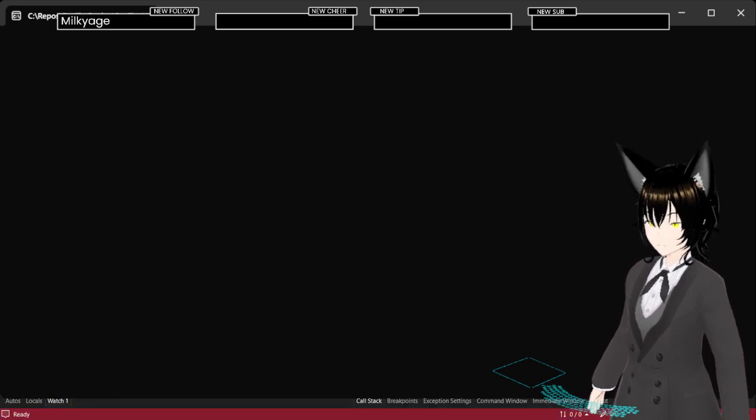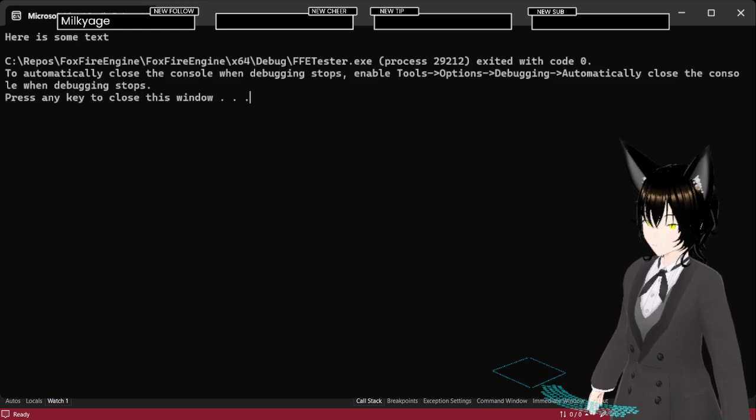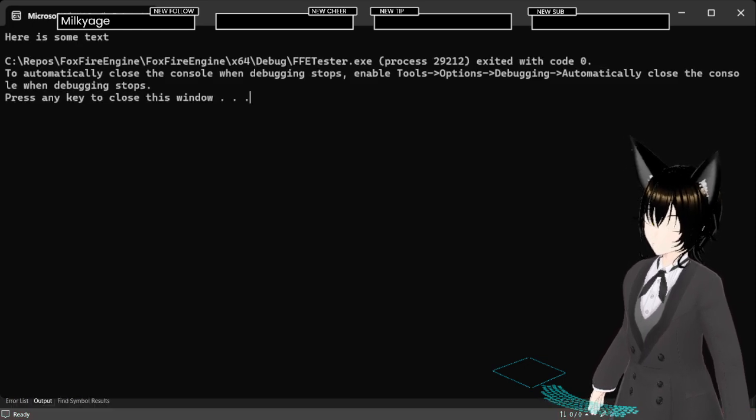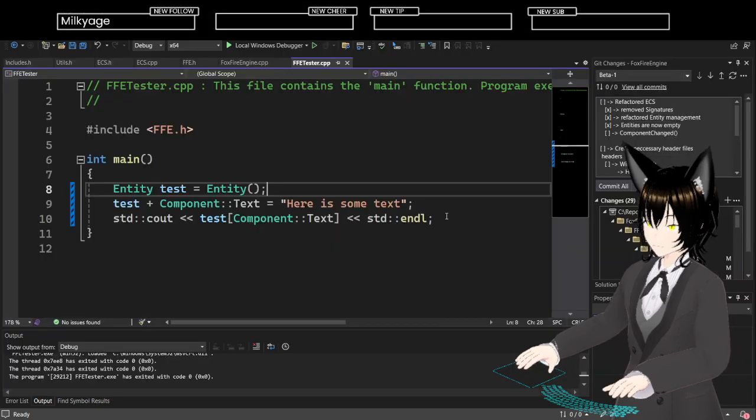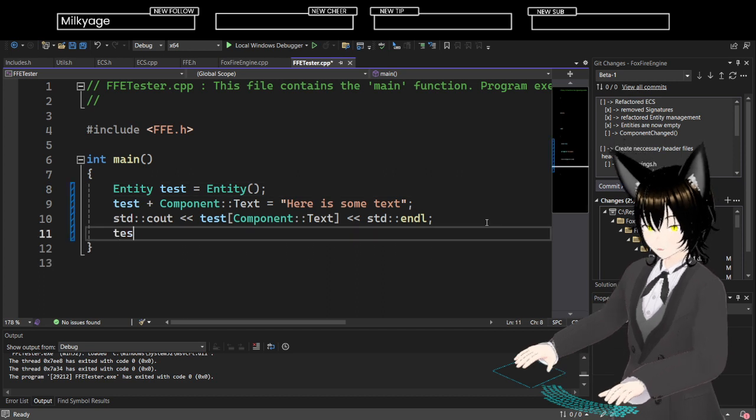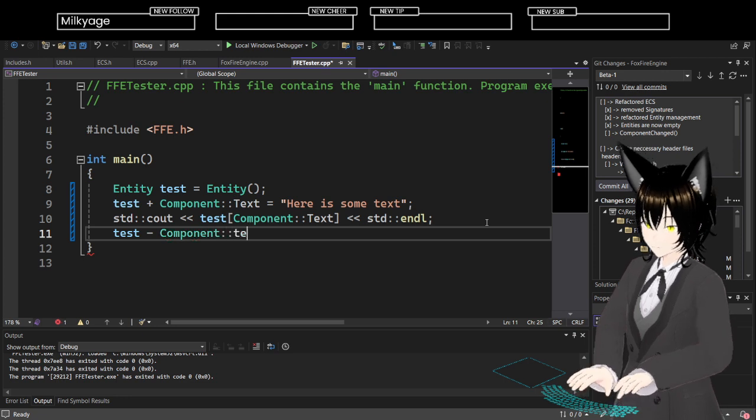Any day now. "Here's some text." Perfect. And so there's that. And then I should do test minus components text.